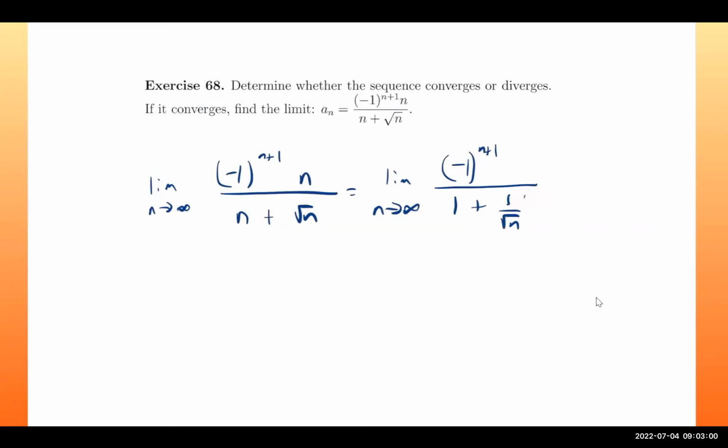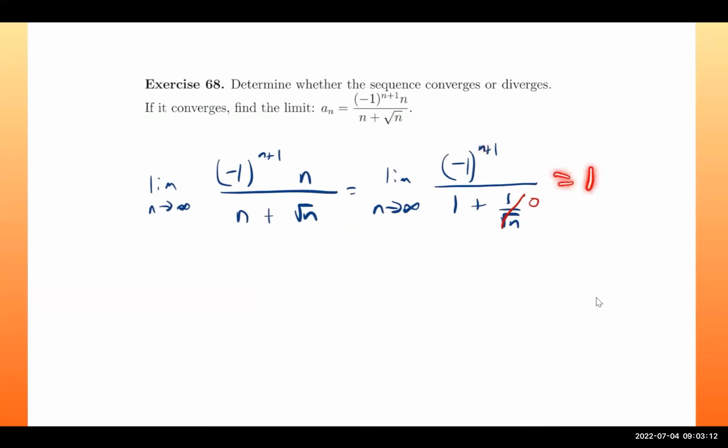So we're going to have the limit as n approaches infinity. Well, let's think about this. If n is 1, this is going to be 1. If n is 2, it's going to be -1. If n is 3, it's going to be 1. If n is 4, it's going to be -1. So it's going to keep going back and forth from 1 to -1, 1 to -1. So it's going to take on those two values. Going to take on values of 1 and -1 indefinitely,